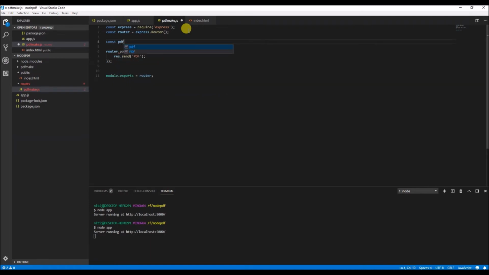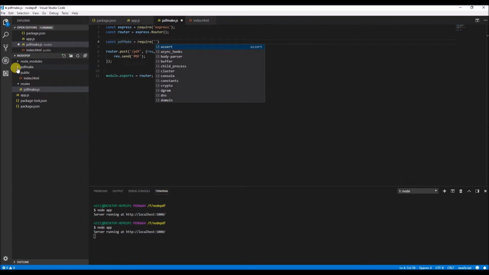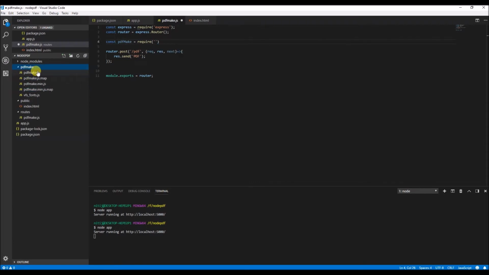So const PDFmake require, and then we will need to fetch the reference from this folder for this file pdfmake.js, and for that I'm just going to go a level back in the directory, and then pdfmake folder, and then pdfmake. Similarly, VFS fonts,